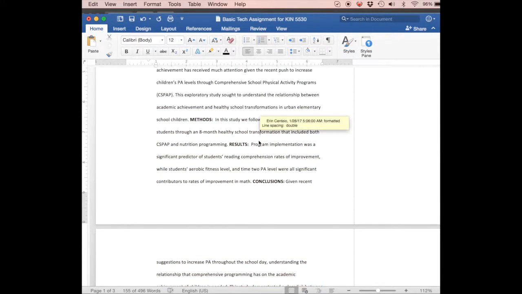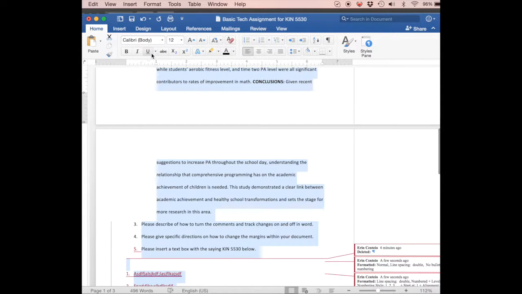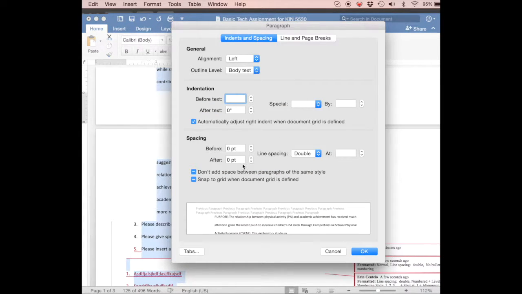Now, when I look at this, I realize that this looks pretty far apart, and I'm not really sure why it's so far apart. So as I highlight it, I'm going to go to a little bit more details, and I want line spacing options. Now, sometimes there are spacing in between